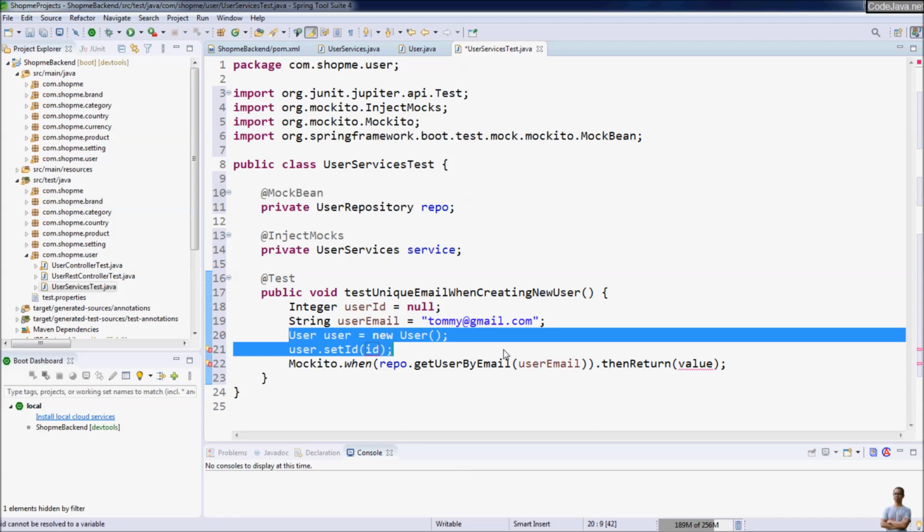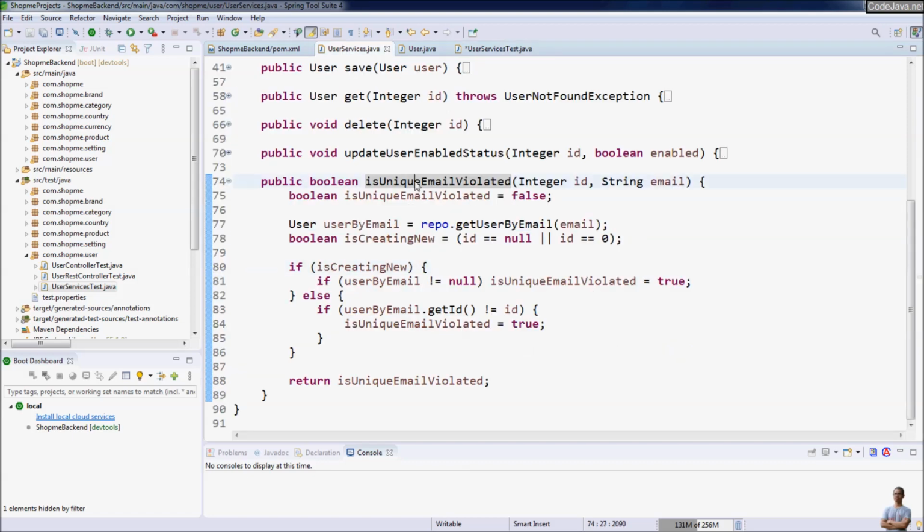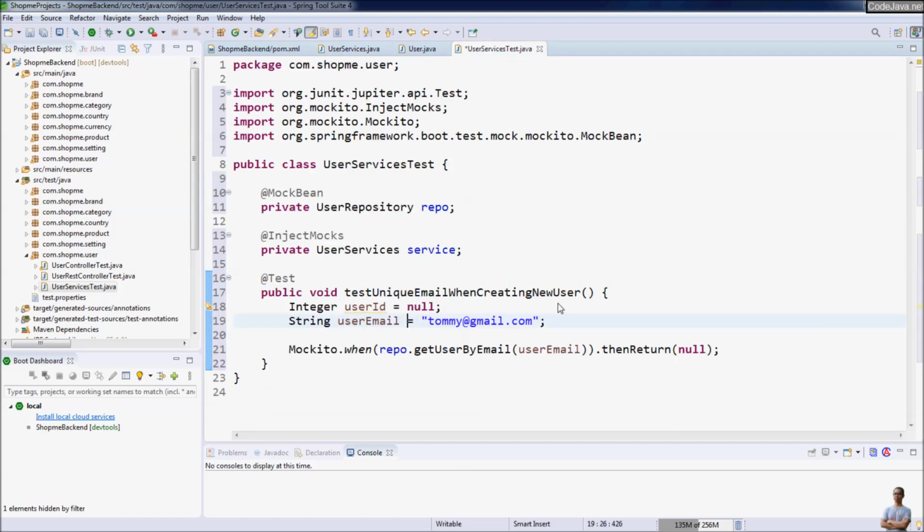This will return a null user in this test method. That's it. So when we pass this email, it will return a null user object. So that means the email uniqueness method here should return false because no user is associated with this email,